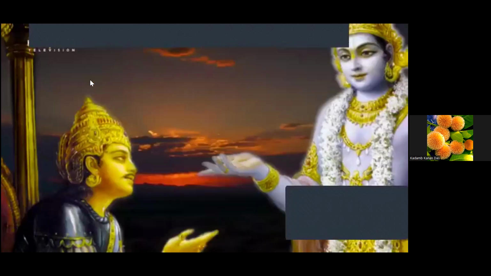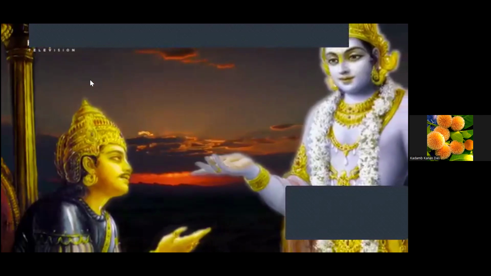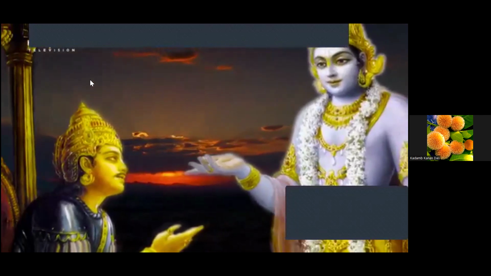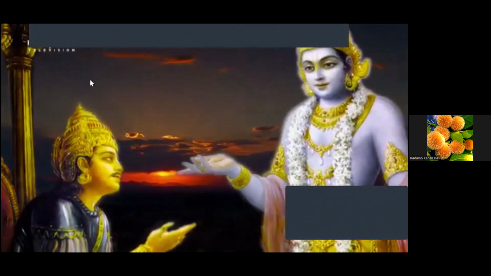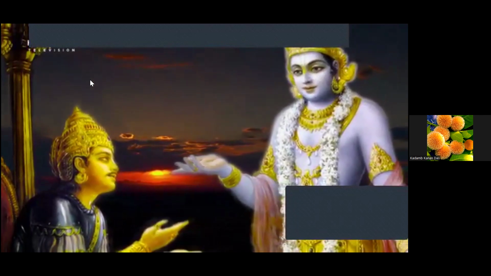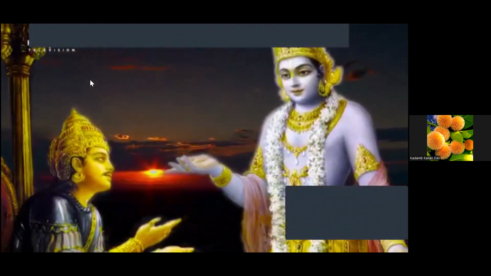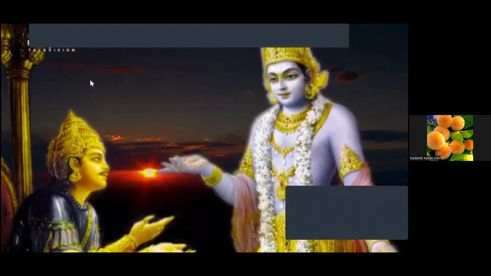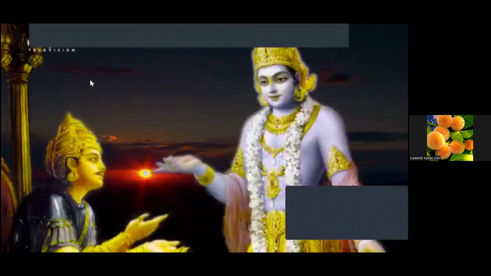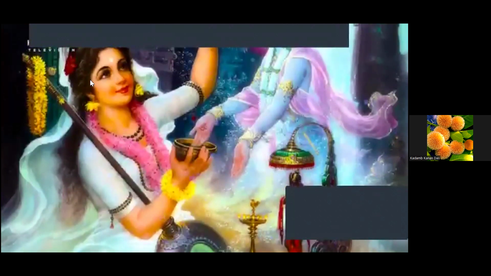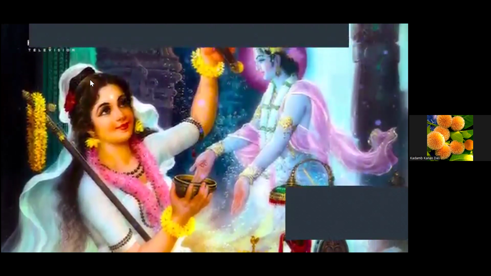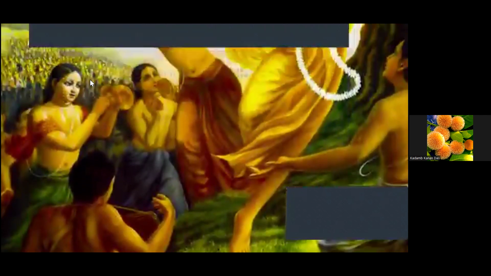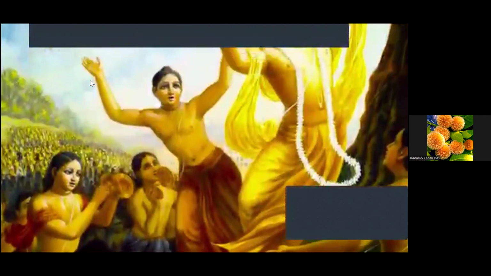Arjuna inquired, "O my dear Lord, by which symptoms is one known who is transcendental to these three modes? What is his behavior, and how does he transcend the modes of nature?" The Supreme Personality of Godhead said, "O son of Pandu, he who does not hate illumination, attachment and delusion when they are present, or long for them when they disappear, who is unwavering and undisturbed through all these reactions of